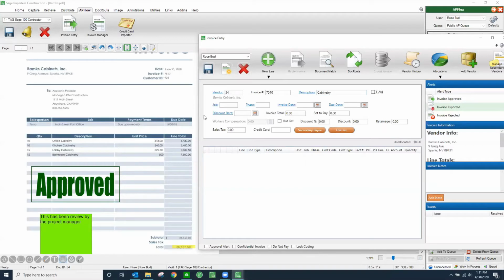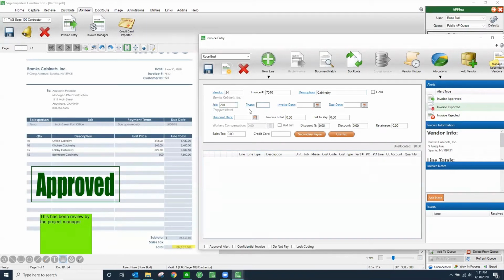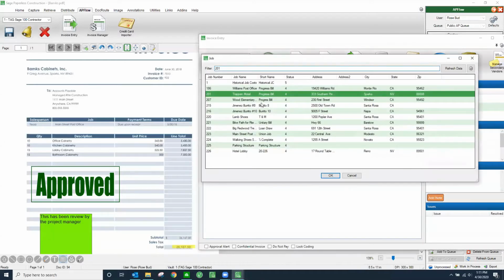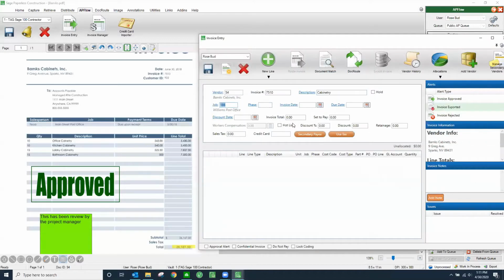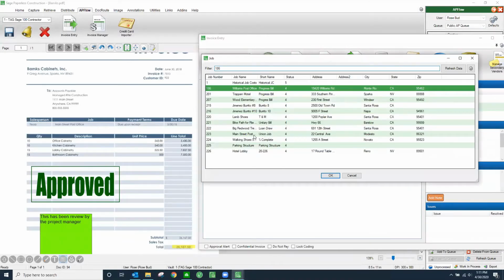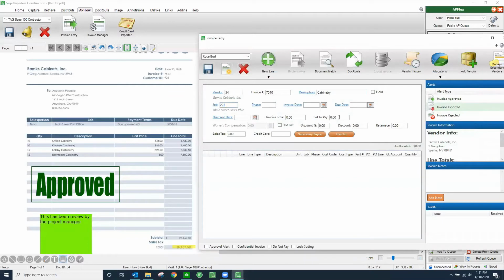Okay. So I am going to come here. Whoops, wrong job. This is for Main Street Post Office, this one. Okay, oops, no, Main Street Post Office, this one. Okay. And then put the basic information here. And my invoice total is $26,750. Okay, so now once I've put the basic header information,